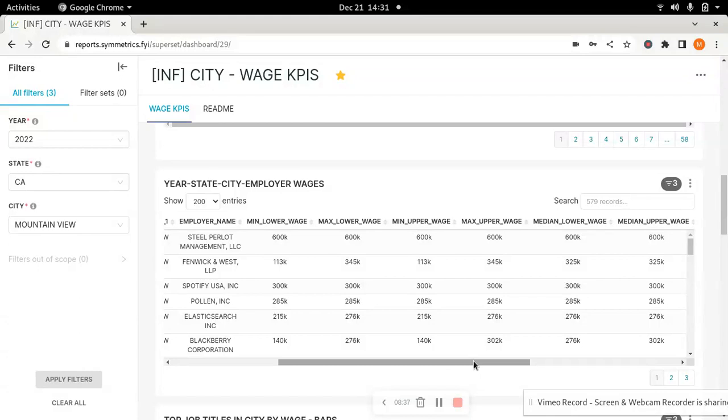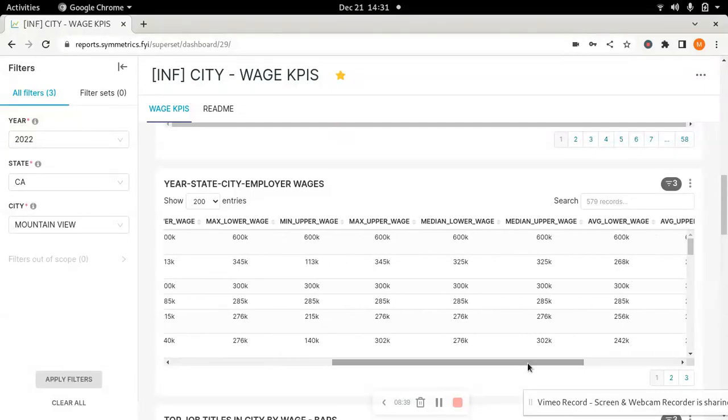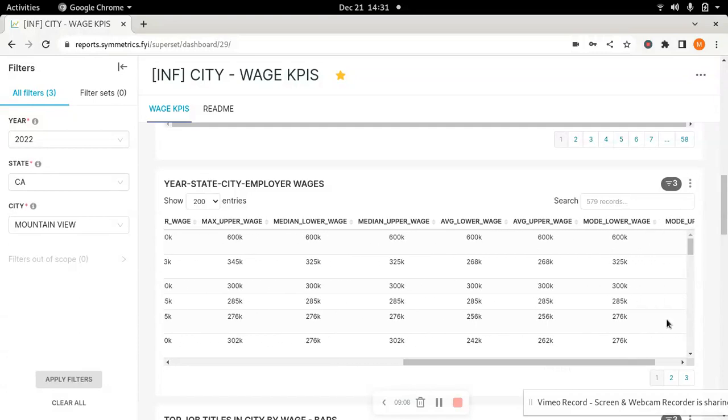The industry standard, depending on who you talk to, is most of the times median. So you need to be looking at median, which means that 50% of the people got paid less than the median, and 50% of them got paid more than the median. So if you consider yourself as someone who should be in the middle, then you should be targeting for the median wage range, and so on and so forth.